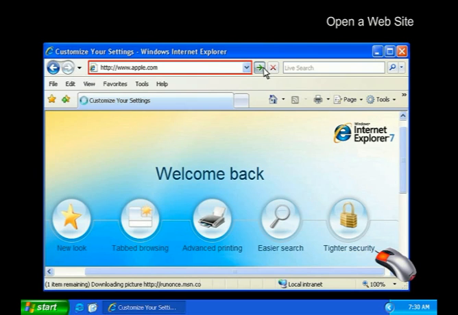We'll open the homepage of Apple Incorporated, whose URL is www.apple.com. Note that when the URL begins with http://www, it's not necessary to type the